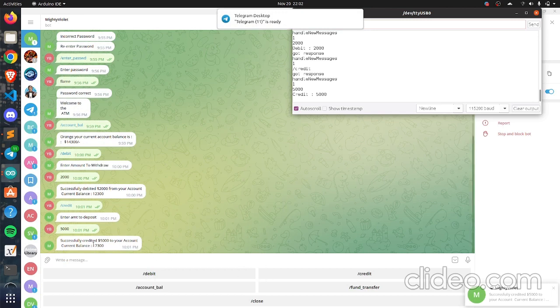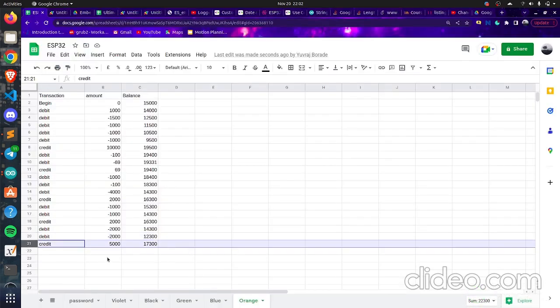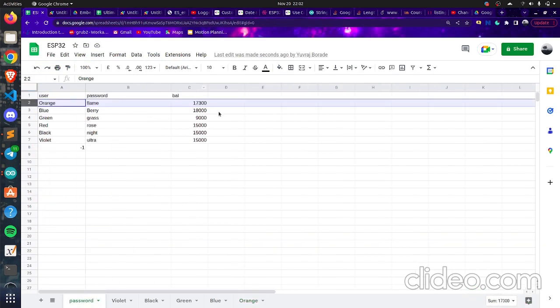Yeah, so 5,000 have been credited and the current balance is 17,300. It's again added to the log, and it's also been updated on the main page.